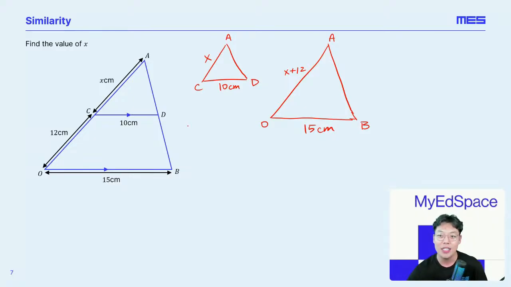Let's check it out. So we have X is proportional to 10 as X plus 12 is proportional to 15. So, Anne, I'm really glad you made that mistake, because now you can fix it and it'll stick, right? This is a lesson. Nothing is graded. Take a chance, right? Make that mistake right now, so that after the lesson, when you get your practice problems, when you register for my course,